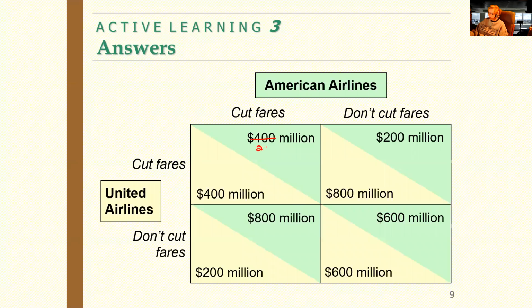No, let's not do 2. Let's do, yeah, let's do it that way. Okay, 200 million, which I'm going to move this one now to 200 million. Okay. So in American Airlines, now we have 200 million and 200 million. So I'm looking at United Airlines cutting fares, 200 million and